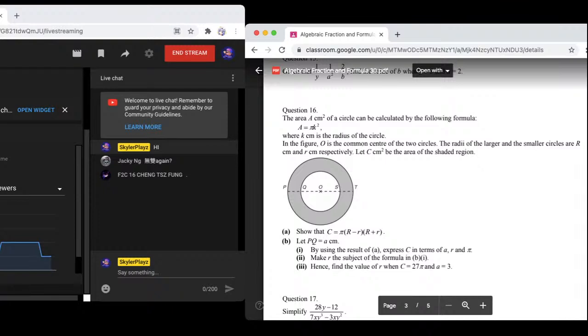And therefore C equals pi (A plus r) (A plus r minus r), and therefore is equal to A pi (A plus 2r). Oh, finally! The second question of B, make r the subject. C is equal to A pi (A plus 2r), and then